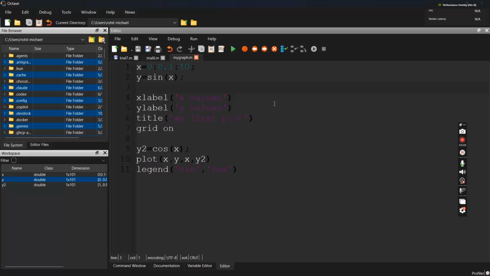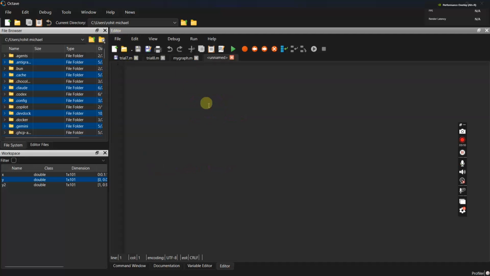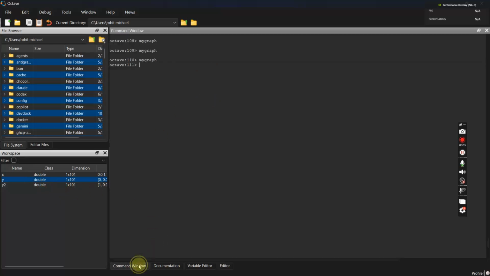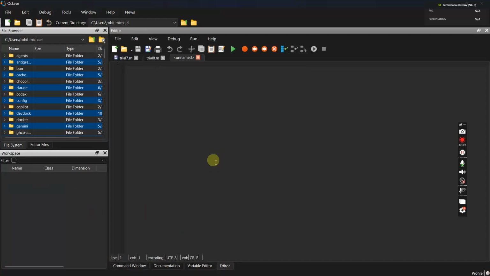Now, let's say I want to create a function. Maybe create a new script. And if you want to clear out these values, just go here and type clear. That's it. So let's say I want to create a function: function result is equal to add2 x comma y, result is equal to x plus y,